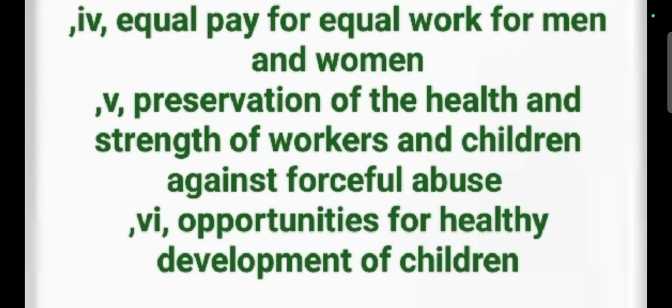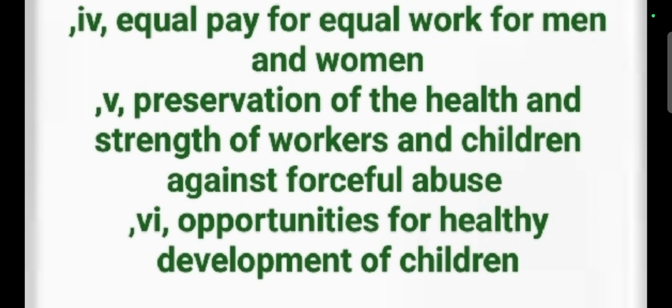There are so many companies or industries giving instructions to the workers to work long hours. This is against their health conditions. This leads to lack of health and lack of energy, and people will not be able to live longer. So the main important aim is to promote the welfare of the people. That's why equal pay is very important to get social justice on the basis of the economy. And the next one is to preserve the health and strength of the workers. It means to decrease the working hours.